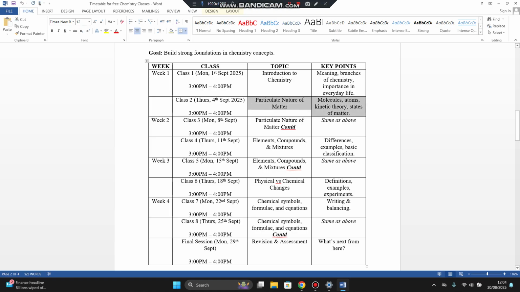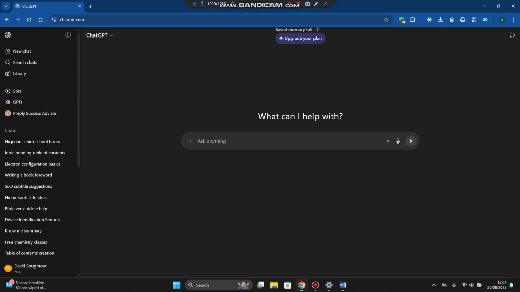To do that, Control C, and then I'm going to come over to my AI tool, which is ChatGPT. Now, for those who do not know, the process of using artificial intelligence for your work is actually meant to make your work easier and faster. So watch what I'm going to do. To use ChatGPT, you need to learn to do something called prompting. Prompting is using the right questions and the right words so that you can get the kind of answer that you want. So to prompt, I'm going to type something like,